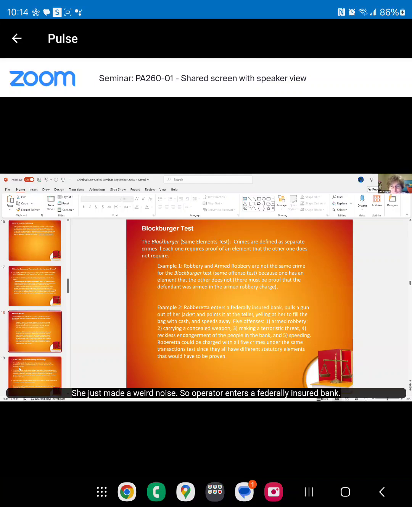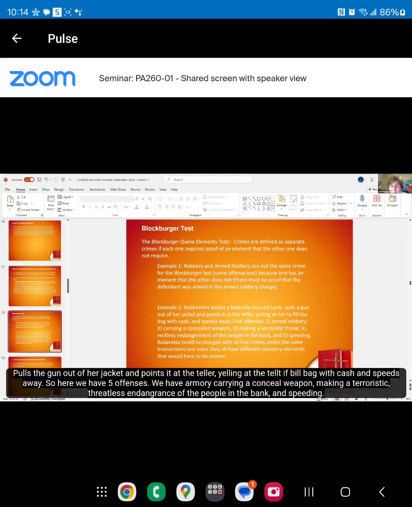So Roberetta enters a federally insured bank, pulls a gun out of her jacket and points it at the teller, yelling at the teller to fill the bag with cash, and speeds away. So here we have 5 offenses. We have armed robbery, carrying a concealed weapon, making a terroristic threat, reckless endangerment of the people in the bank,